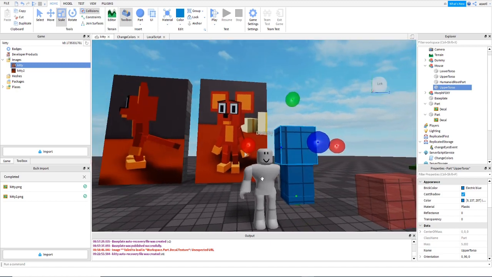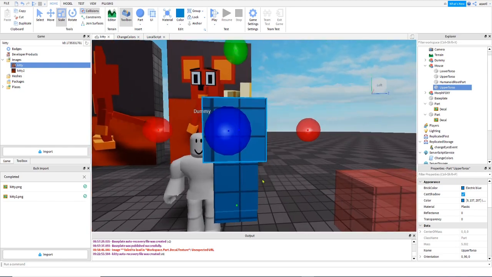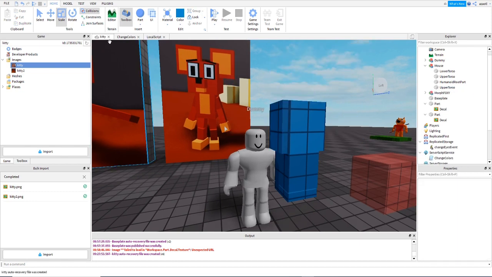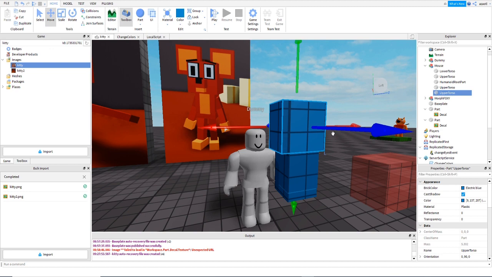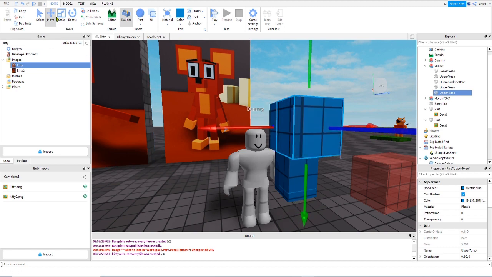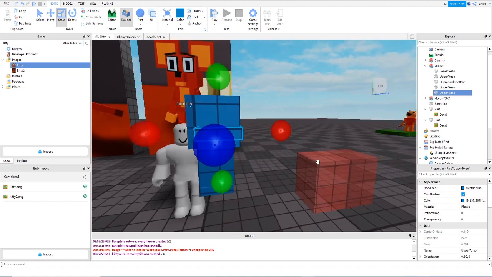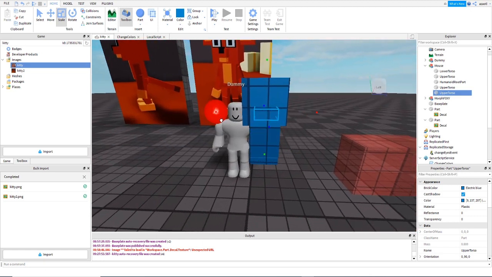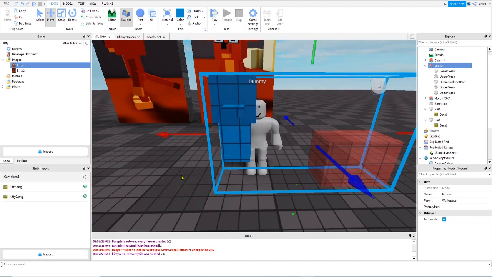So now we have this, and then we just get closer, and then we have the eyes, the mouth, the nose. So we can duplicate this friend. No, but we disable collisions. We duplicate, Ctrl D, then we just move forward, and then we're just going to scale this, and we're going to make the nose. So here, that's okay. We are going to move the model a little bit,